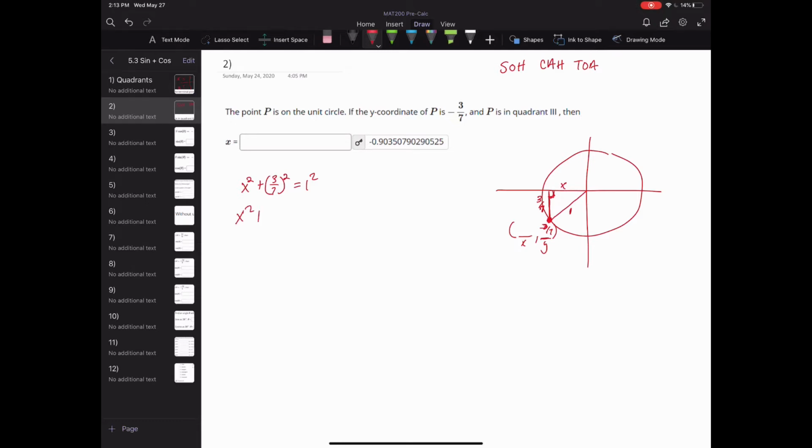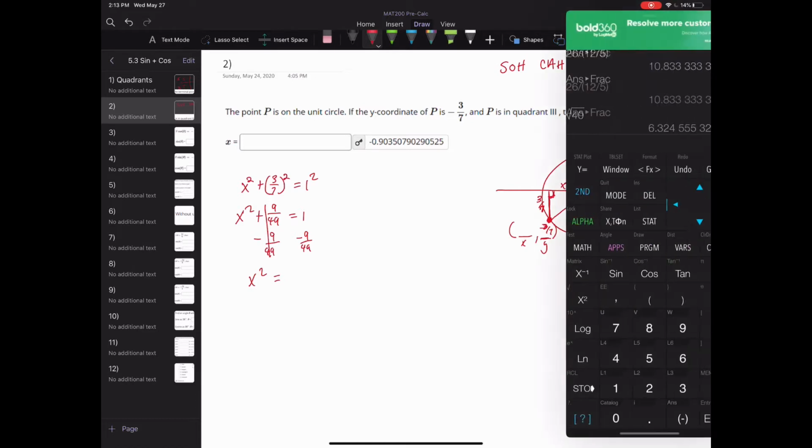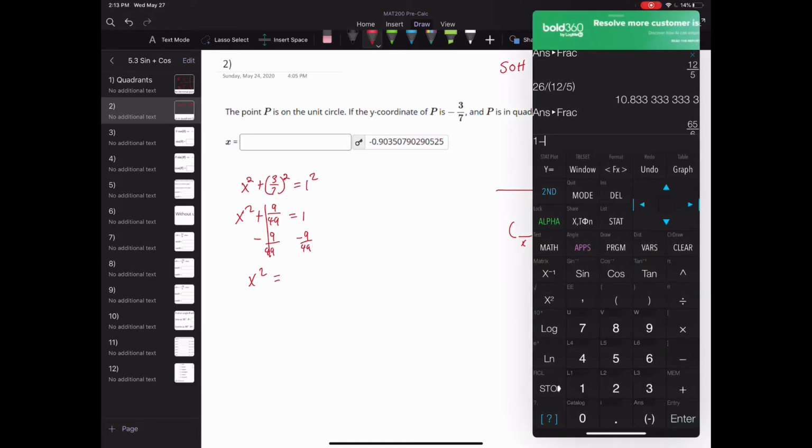X squared plus 9/49 is equal to 1, minus 9/49 on both sides. And we get x squared is equal to 1 minus 9/49, which is